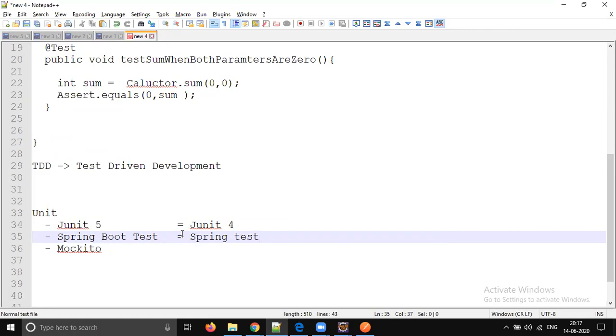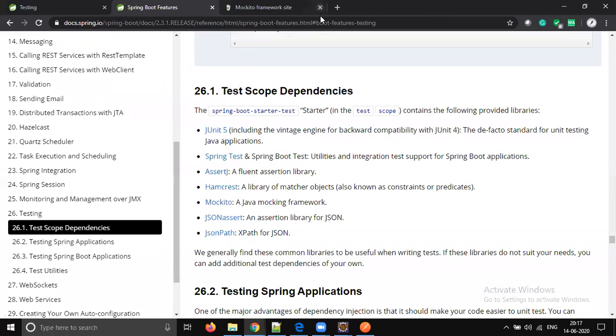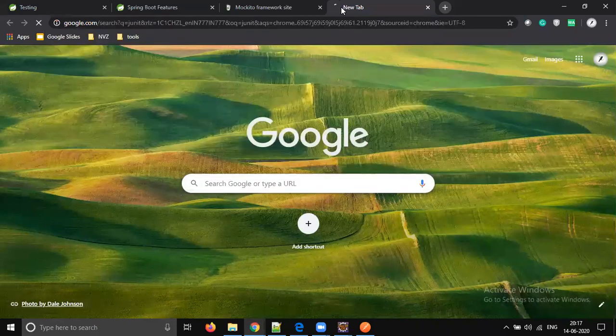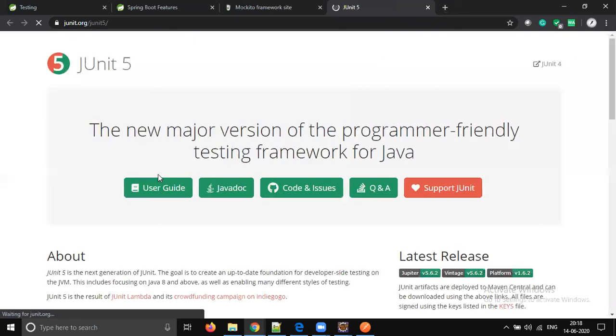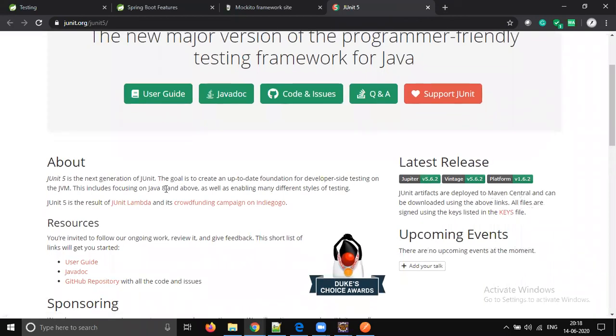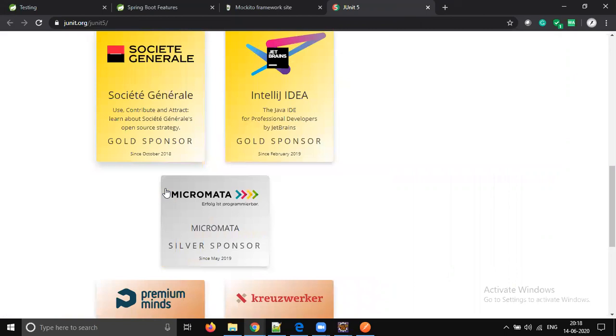JUnit 5 is the latest, which has support for Java 8 Lambda expressions. JUnit is a different library. If you just go to Google, the latest is JUnit 5. JUnit 5 has very good support for Java 8 Lambda expressions.